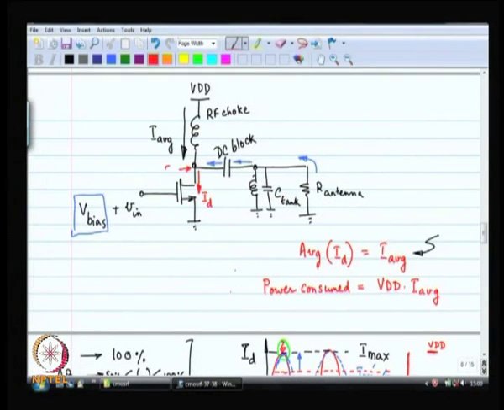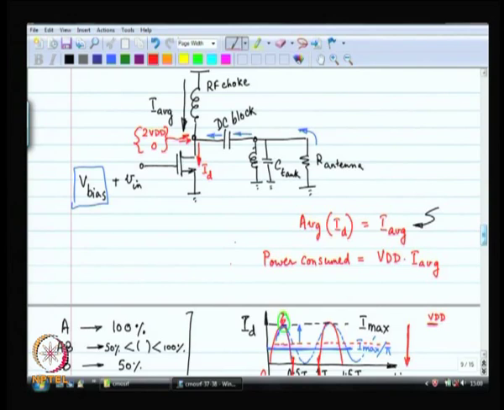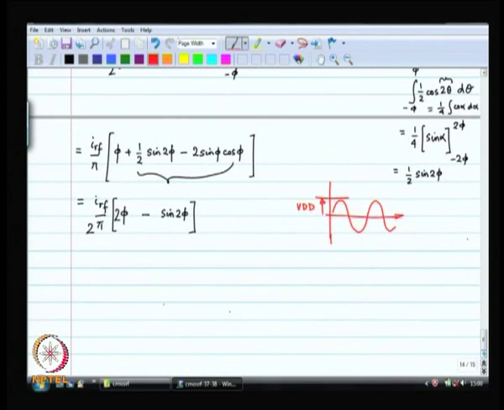This is the idea, which means it has an amplitude of VDD, and therefore, the power delivered to the load